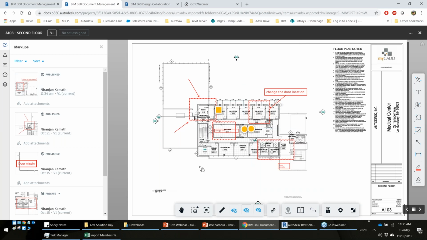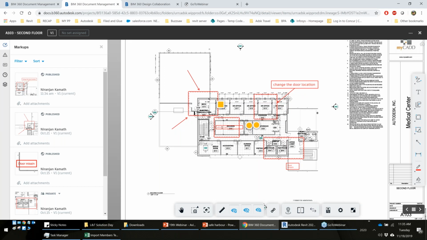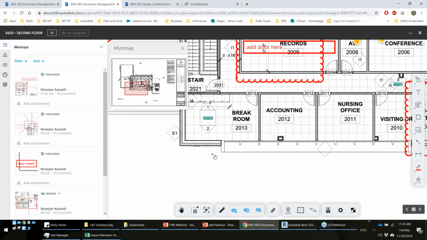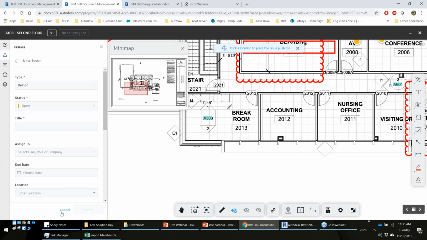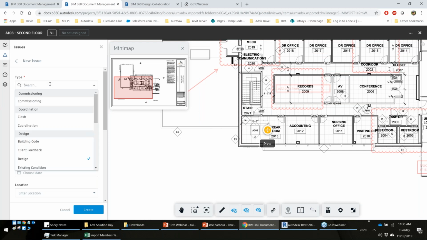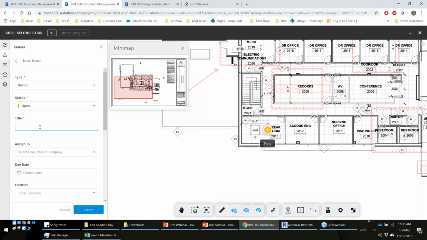Now while working, many times it will happen, it's not just a markup, but we have to communicate specific things or an issue to a specific team. So at that particular time we have issues. What issues generally do is, say if we create a specific issue on a room, it helps us capture what type of issue it is. So this type is customizable. Say it is a design related issue, I can give a title,